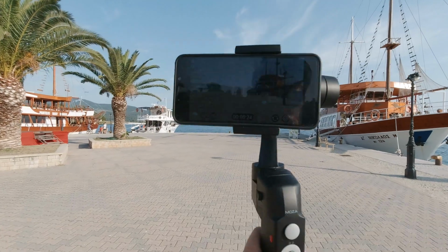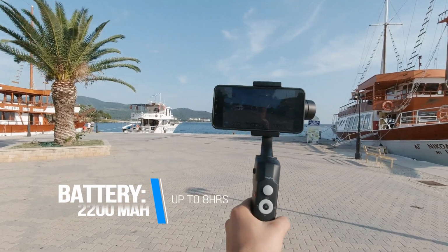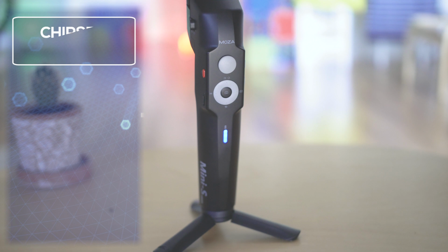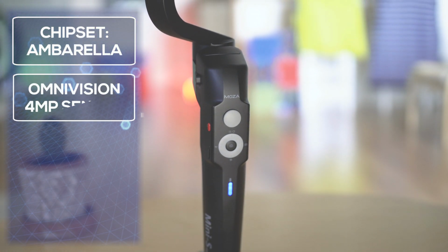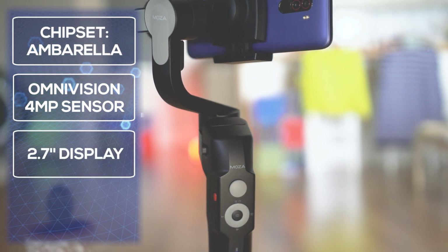It's powered by a 2200 mAh battery, operation can continue for more than 8 hours, charging is about an hour and a half. There's Bluetooth connectivity, and thanks to the nice tripod you can find a lot of good use cases for the Moza S. Let's point our attention towards the software features and the operation modes, but first